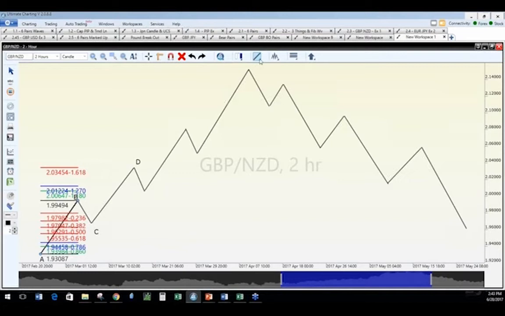Okay, and the way that this works is as follows. If this C down here, when the market comes down, if it retraces, let me go a little bit thicker so you can see this. When the market comes down, if it comes down and retraces, reverses direction anywhere in this area where you see these red lines, then we expect it to go down there, and then we expect it to go up to this red line up here. This is called the extension, okay? So it's red to red.